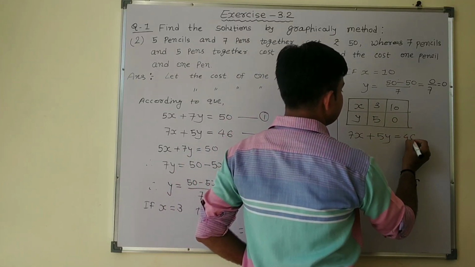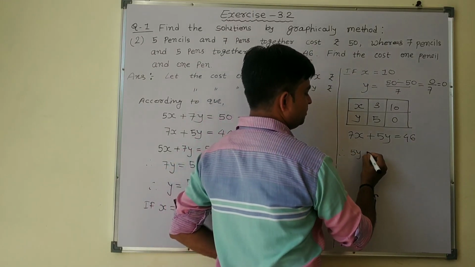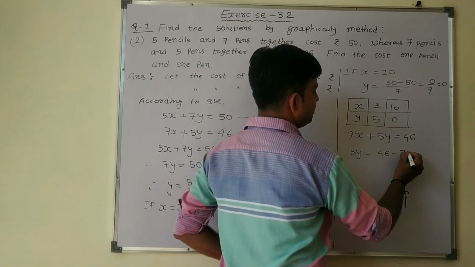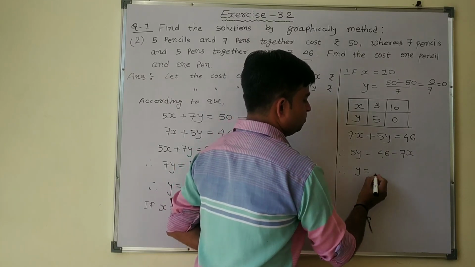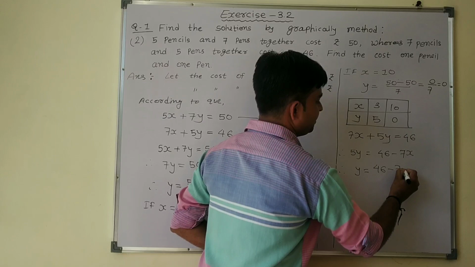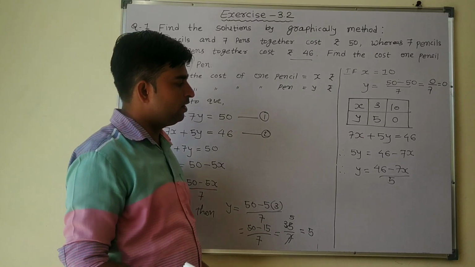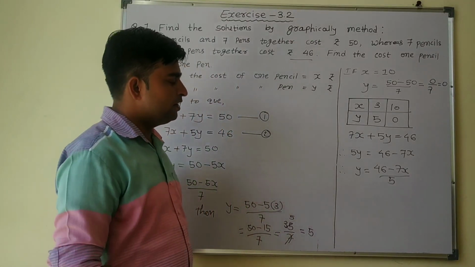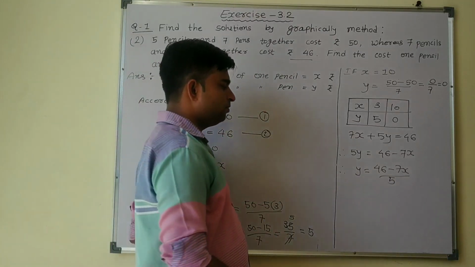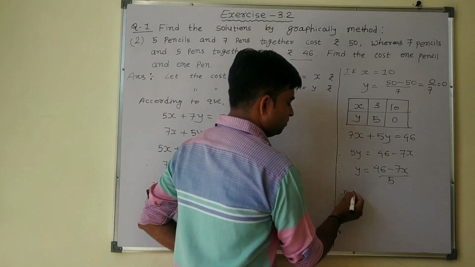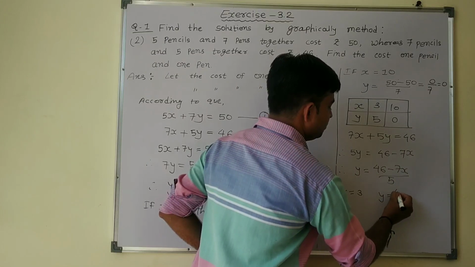is equal to 46. Now convert into y form. So it becomes 5y is equal to 46 minus 7x. Therefore, y is equal to (46 minus 7x) upon 5. यहाँ पे हमें x की वैल्यू लेनी है जिससे रिलेटेड y की वैल्यू हमें मिलेगी. यहाँ पे हमें x की वैल्यू इस तरह से लेनी है कि वो 5 से डिविजिबल हो जाए. तो हम यहाँ पे x की वैल्यू 3 लेते हैं. If x equal to 3, then y is equal to 46